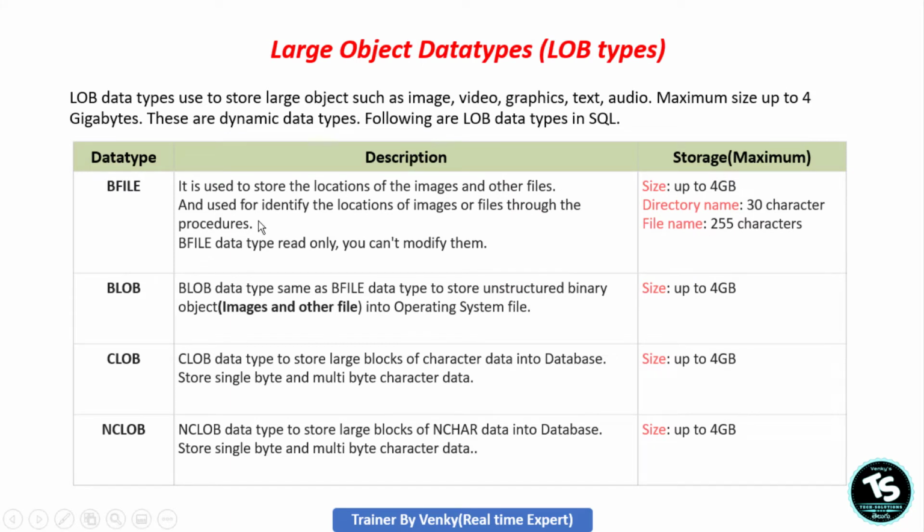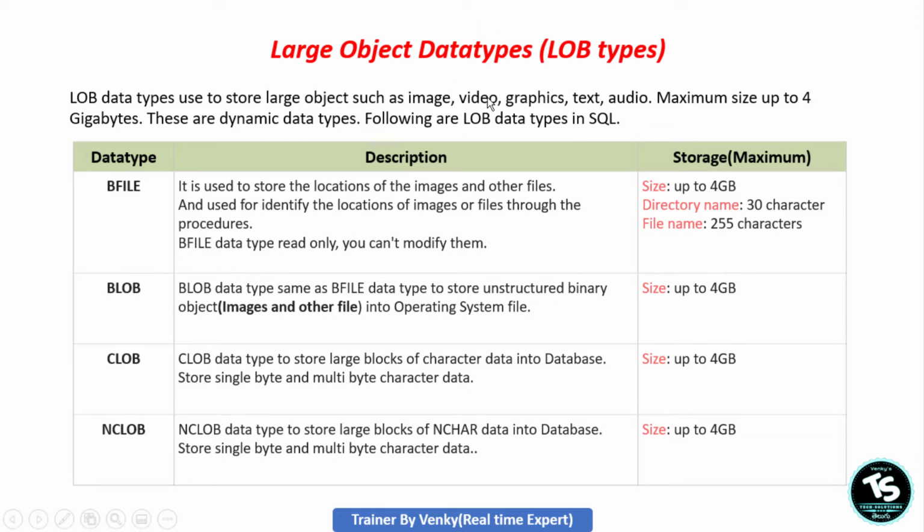What are large object data types? Large object data types are used to store large objects such as image, video, graphics, text, audio, and so on. Any other files with extensions are unstructured data, meaning there is no particular structure. So you use large object data types to store unstructured binary object data, which is any type of file like image, video, graphics, text, audio.